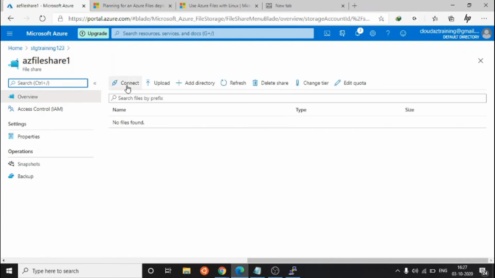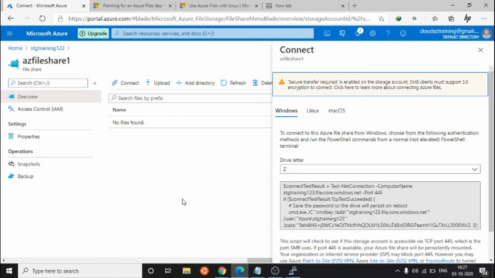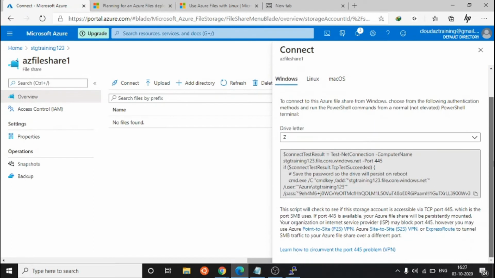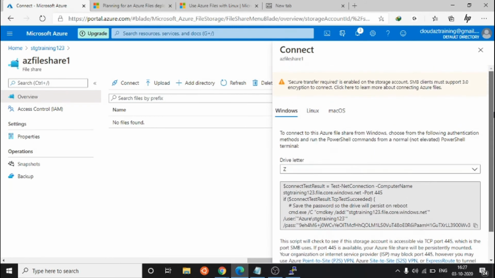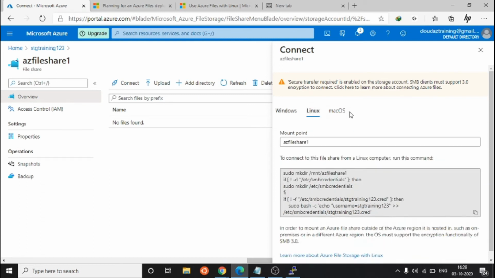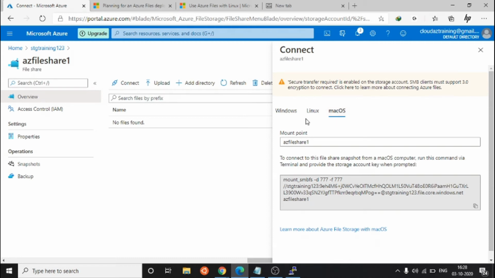Now just click on connect. Here they are giving a script to mount this AZ file share drive. They are giving it for Windows, Linux and Mac, so three versions of a script.